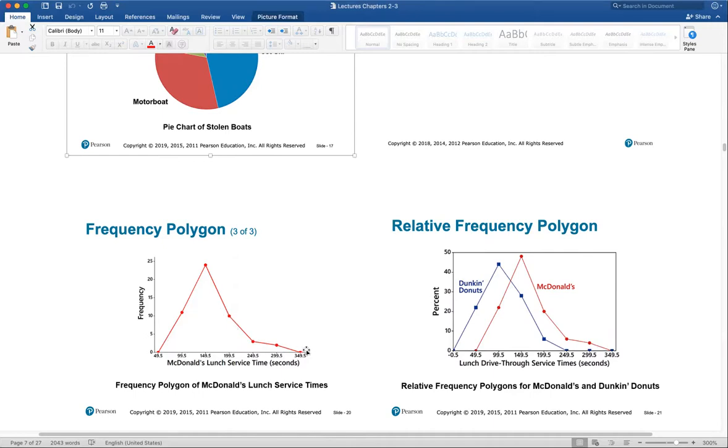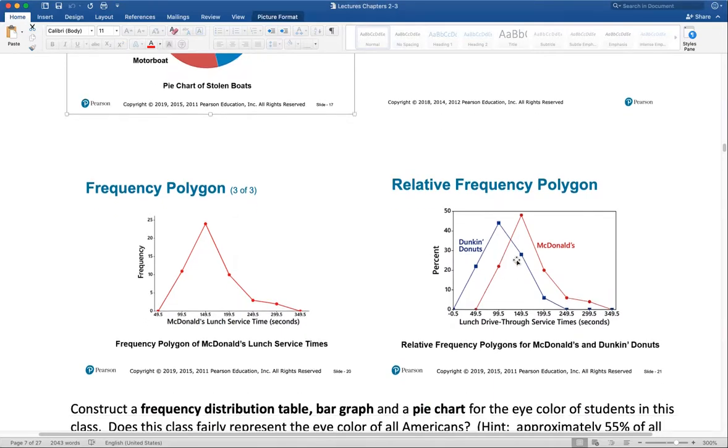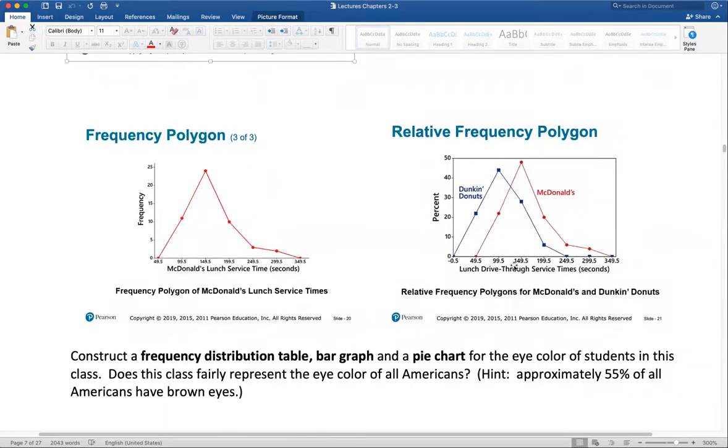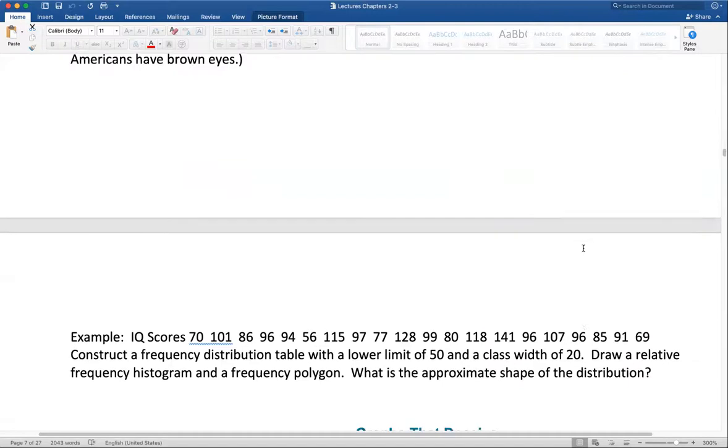That's going to be the frequency polygon, and then the relative frequency polygon. Instead of counting the frequency, we can find the relative frequency. So first we draw the relative frequency table, and then find the middle of each class, and then plot those middle-of-class points as dots, and then connect the line segments. Okay, so now then